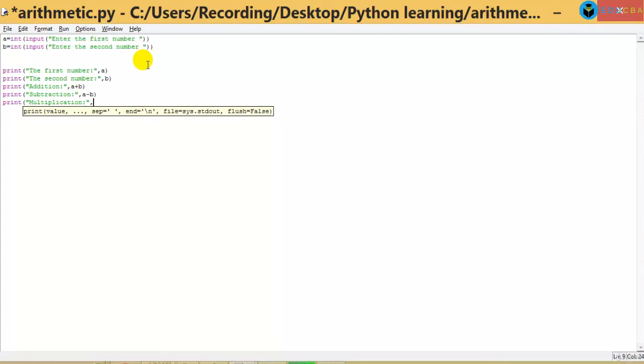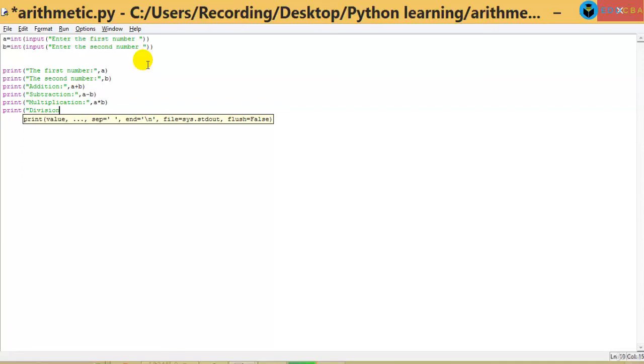Then you have multiplication. Can I say multiplication is going to be A multiplied by B, and I'll say print division is A divided by B, and then I say print floor division is A divided by B. Then I say print remainder slash modulus, what is it?